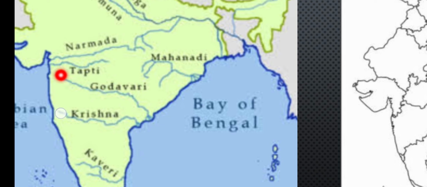River Godavari originates from the Western Ghat mountain and drains itself into the Bay of Bengal. Next is river Krishna. From the Western Ghat mountain, here is a high mountain of peninsular India, it originates and also moves towards the Bay of Bengal and drains itself into it. So here is the source, this is the mouth, this one is the source, this one is the mouth. So the rivers are moving towards the east.